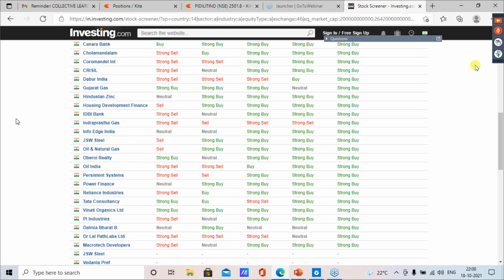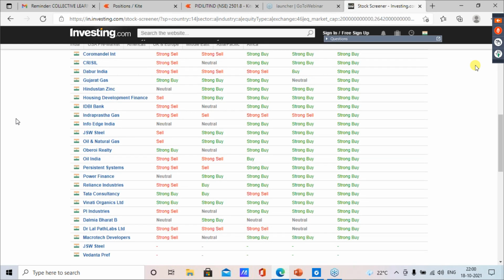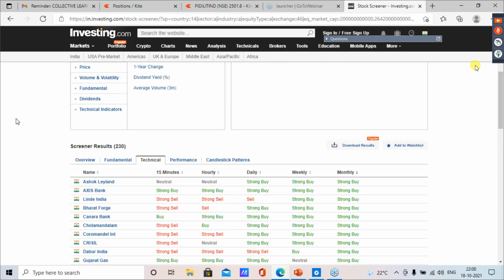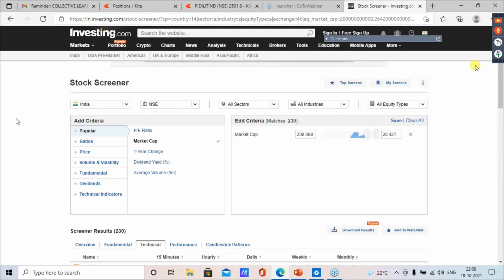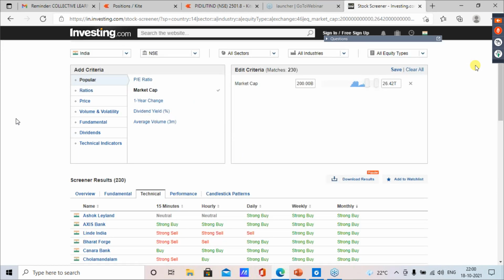Okay. So I want you guys to shortlist at least 10 stocks which are strong buy, because we have only Aurobindo Pharma as strong sell for tomorrow's trading. So I want you guys to shortlist at least 10 stocks based on candlestick pattern using the stock app, and 10 stocks based on this technical screener for tomorrow's trading. So totally I need a list of 20 stocks for tomorrow's intraday. That would be your homework.